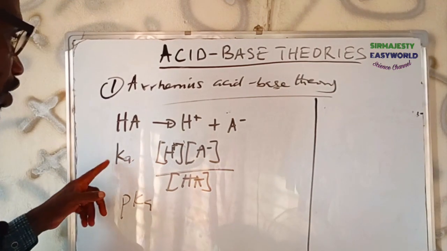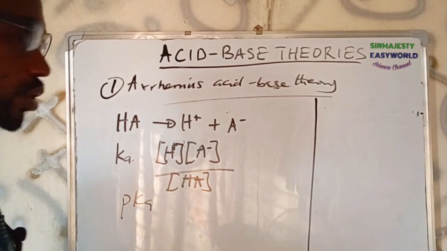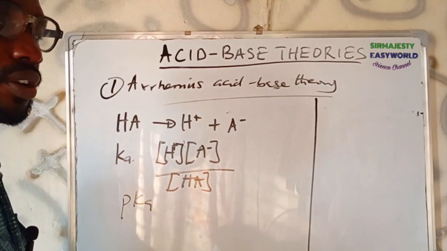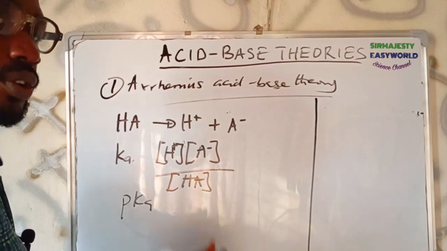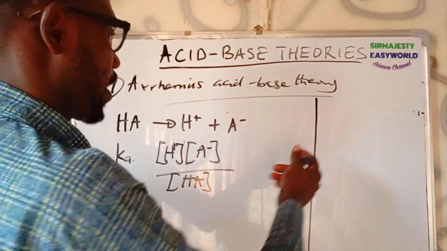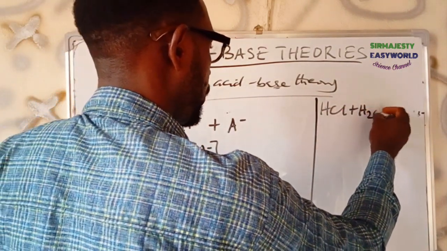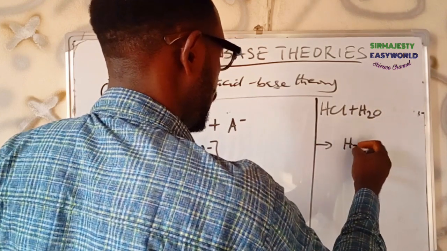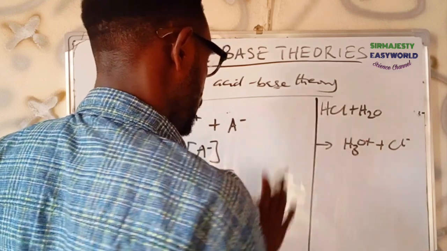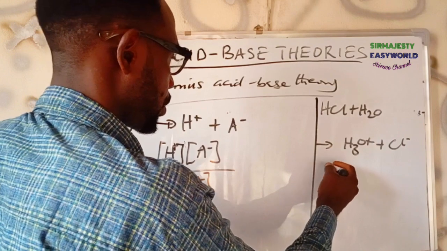The acid dissociation constant is just this. Most times you can include water, but since water is very, very dilute, its concentration remains constant, such that there is equal hydroxyl ion and hydrogen ion. So water will not have a strong effect. Like if you take HCl, as I wrote before, to give you water, it will give you H3O plus and Cl minus. So the dissociation constant of the acid is just normal.